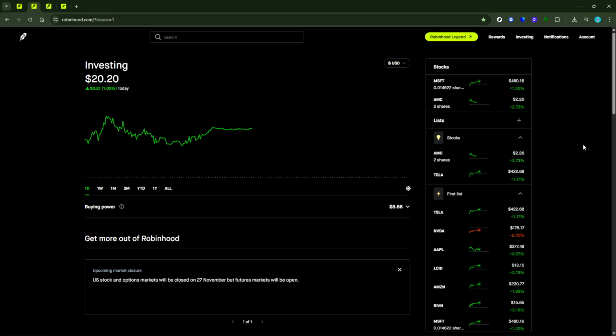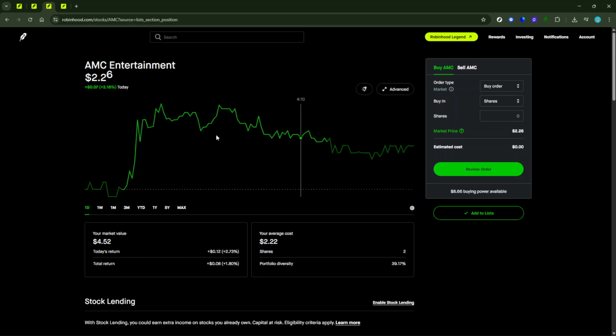Once you're logged in, head over to your portfolio. This is where all of your current holdings are displayed, making it easy to see an overview of your investments. Look through the list of stocks you own and select the one that you'd like to set a stop loss for. Selecting a single stock brings up more detailed information about that asset, including its recent performance, current price, and